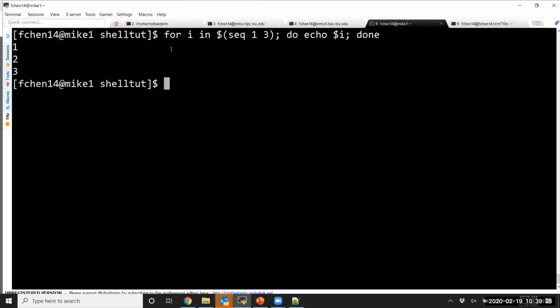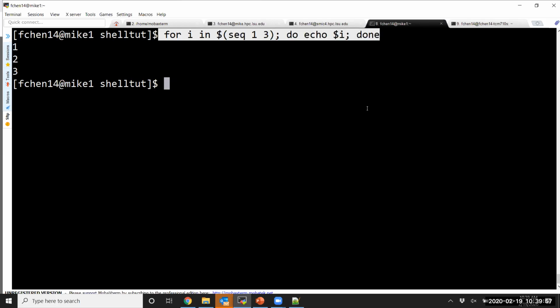This is a very simple loop for a variable in this sequence. Do echo $I, then finish it with a done. I write all the statements in the same line using the semicolon to separate them. This is just for demonstration. In reality, when you write your own script, please write them in separate lines to make it more readable. This is not a good way to write your for loop